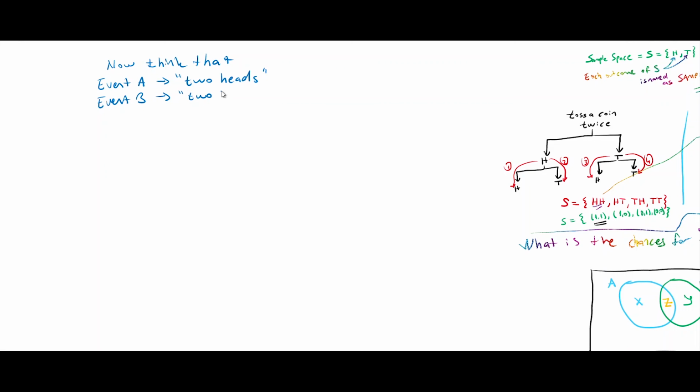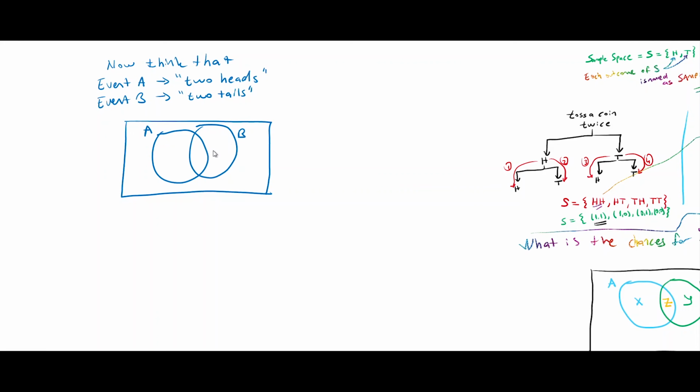Now think that these are two different clusters, cluster A and cluster B. So let me draw this event using the clusters. As event A, or cluster A, only consists of two heads or HH, and as event B, or cluster B, only consists of two tails or TT,